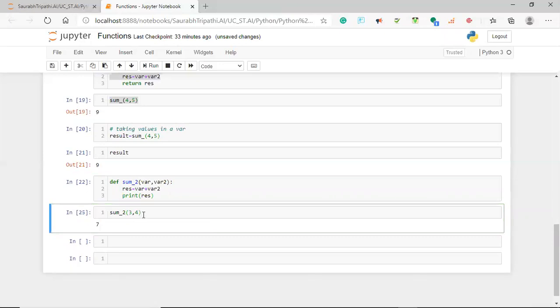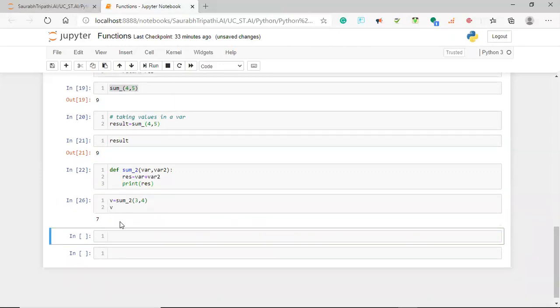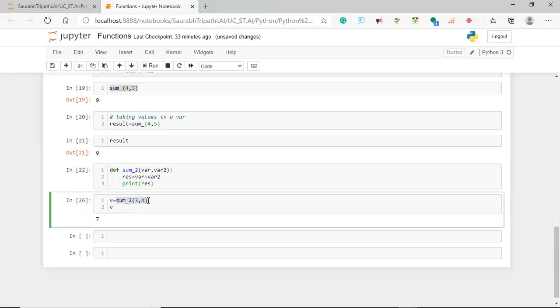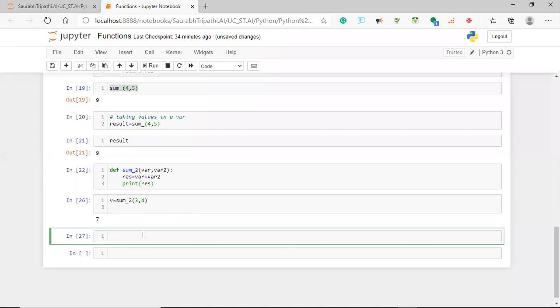Now we want to save this output in a variable. If we try to save this in a variable, say I'm taking a variable v for now, just for the understanding's sake, I'm going to print this v. As you can see, I'm getting the output inside this too. But if you want to use this value somewhere, like we want to return something and modify this value with something, suppose we want to add something to v, something with the output or something like that.